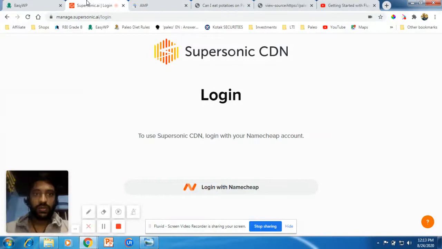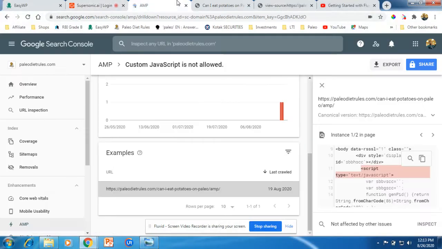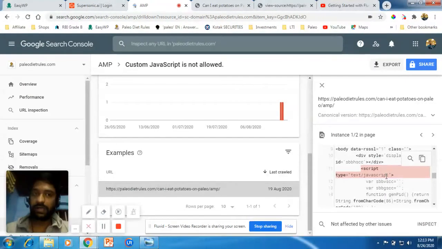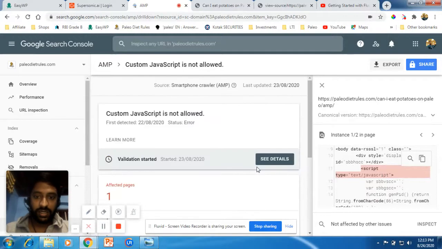As soon as you disable your Supersonic CDN, this particular portion of the script that is there in your code will be automatically removed. Once you refresh and are done with that, you can go for validation. I have already submitted for validation here. You will be seeing an option to validate your code.